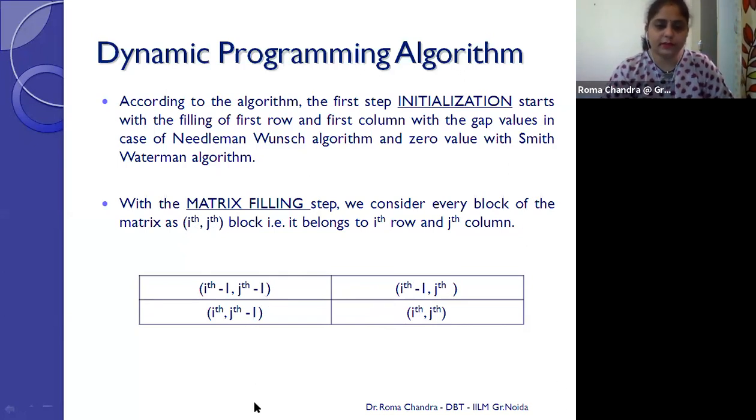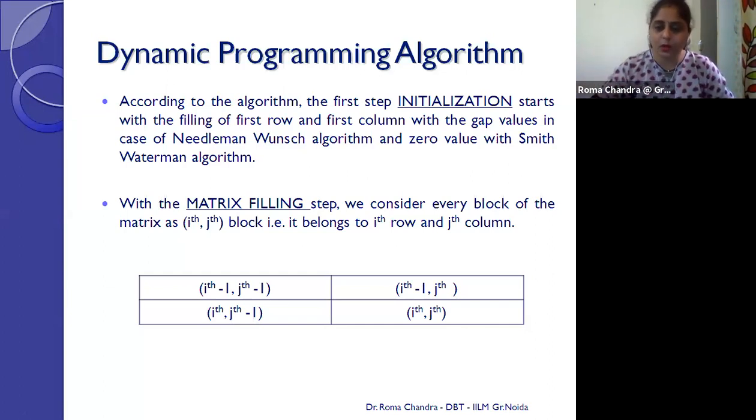With the position, what I have mentioned here, you can see, this is the ith row, jth column. This is the same row, that is the reason this is the ith row. The position of this block is ith, but this column is previous to my jth column. So the position is jth minus 1. Previous to this block, the row is obviously previous to this, so the position of this block will be i minus 1. But the column is the same.